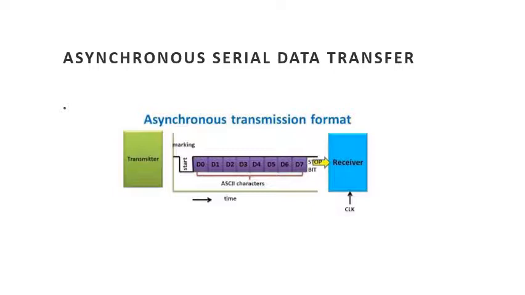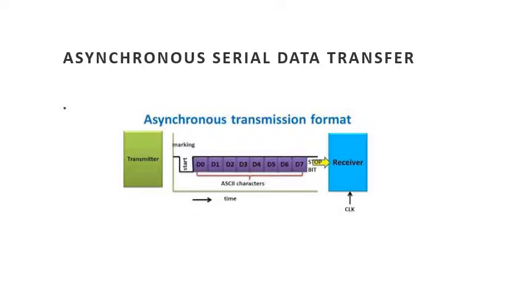Once all information is sent, a parity bit might be sent at the end. After that, the stop bit is sent, which is a high signal. This stop bit indicates the end of transmission of the information bits. The start and stop bits carry no information but are just indications for the commencement and end of data exchange. The combination of start bit, character bits and stop bit is known as a frame. This mode is used in low speed transmission of information where speed might be less than 20 kilobits per second.